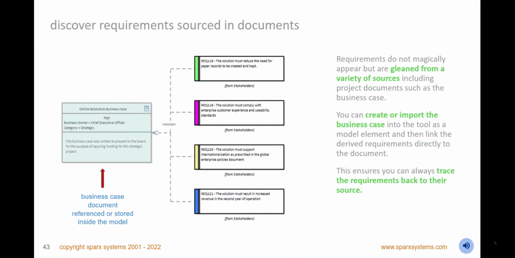Discover requirements sourced from documents stored inside or outside the repository. Bridge the gap between these text-based sources of project information and the requirements derived from them. As your project evolves and implementation work begins, you can trace any part of the model back to the source of the requirements, by using tools such as the matrix and traceability window.